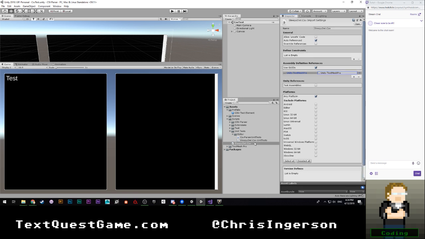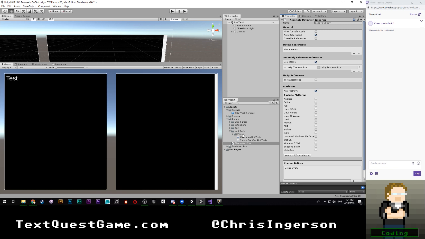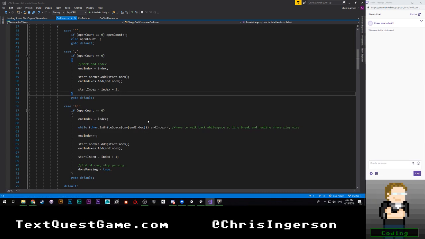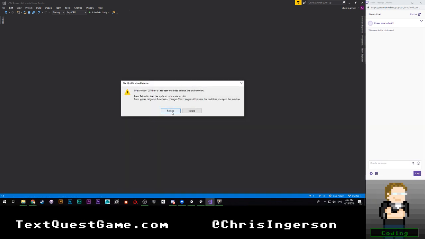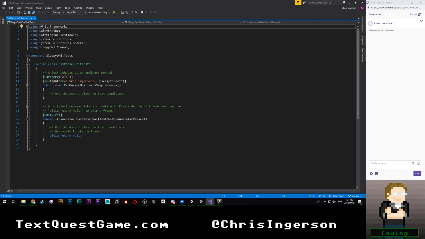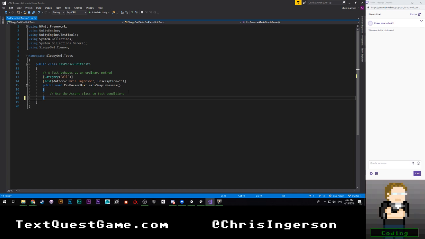Man, unit tests take... Seems like that setup could be streamlined a little bit. I'm not really sure why it takes so much effort. All right, let's go ahead and load this up. Okay. There we go. All right, so I'm pretty sure I can get rid of this. Don't really need it. We can get rid